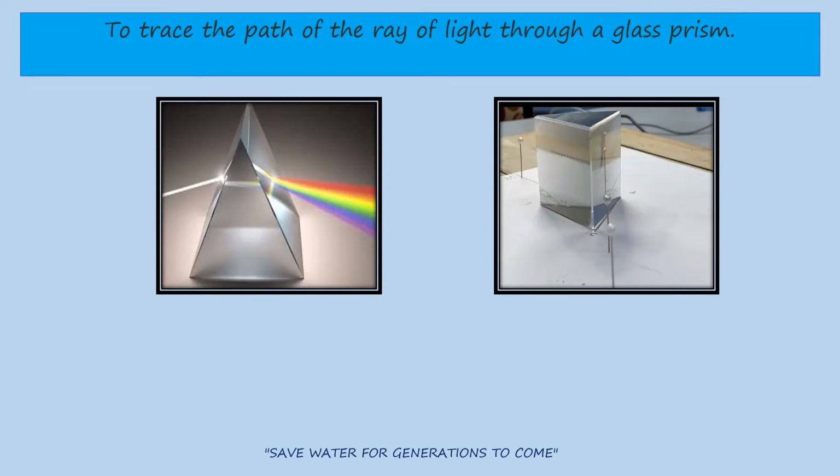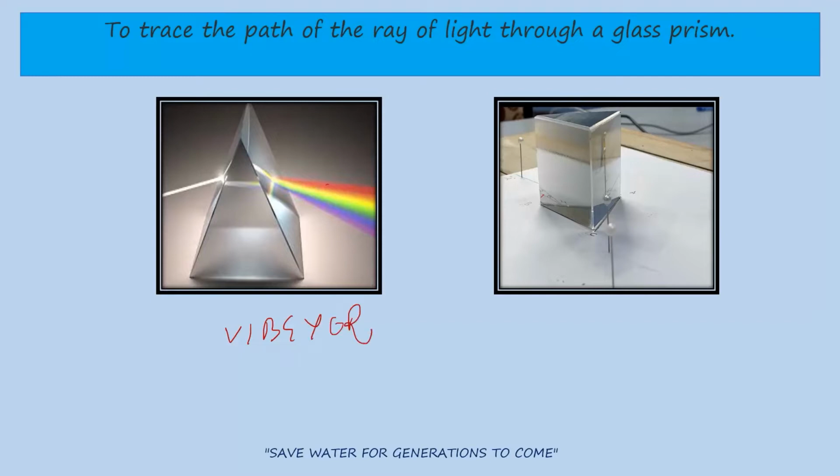We have studied about the glass prism in theory. In theory, we studied about the dispersion of light through a glass prism and also the refraction of light through a glass prism. So in the first picture, you can see dispersion of light is taking place and it splits into 7 colors. It means white light, when it passes through a glass prism, splits into 7 colors. And these 7 colors are in the form of a wave curve, right?